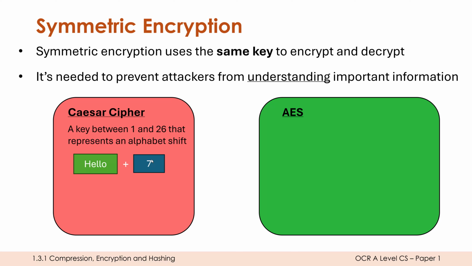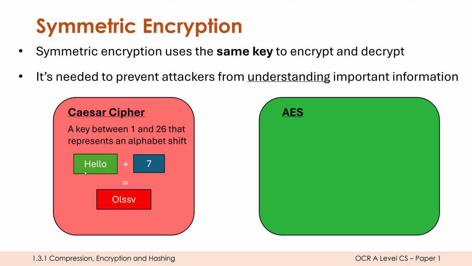So if I was to run this with hello and 7, we would get this ciphertext, which to be fair is unintelligible. I don't know what that means. If I saw that on its own, I'd be really confused. So it is effective as encryption, except that we can break it really, really easily by brute forcing the key. And also, there is a clear pattern in our ciphertext. S is there twice because I've got L there twice. It's a clear pattern. The key is being applied also to every character, again giving us a really easy pattern